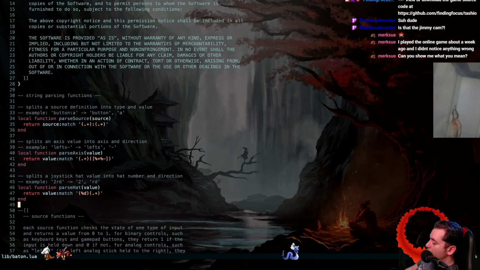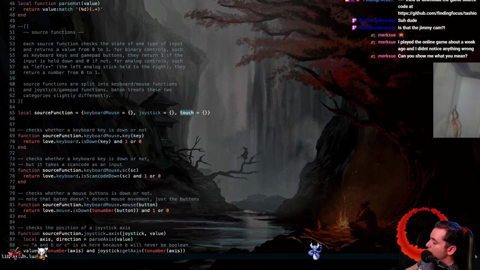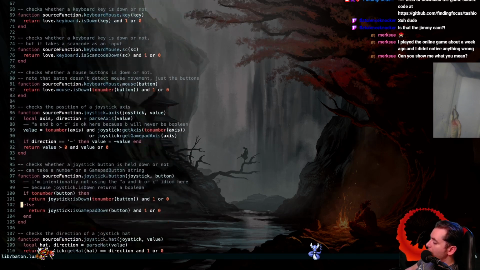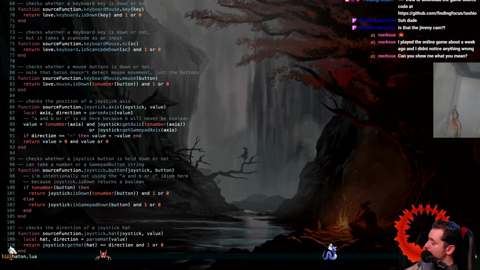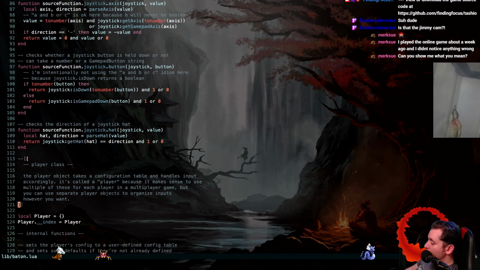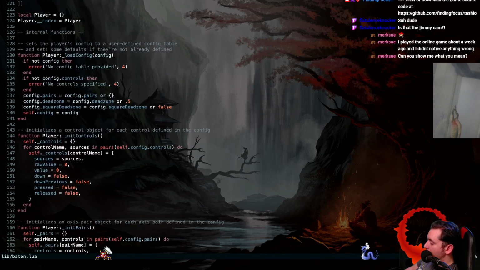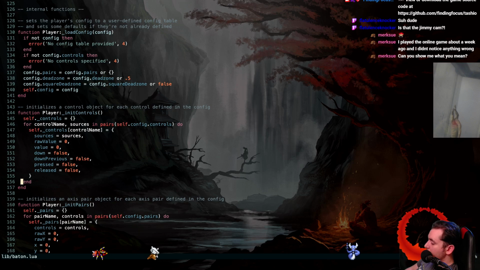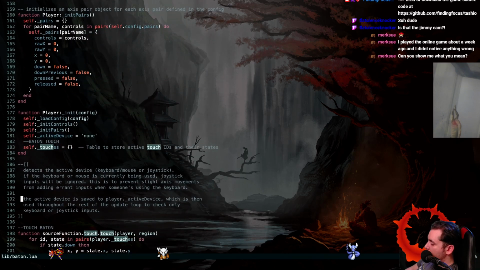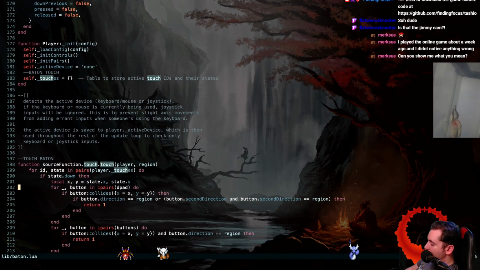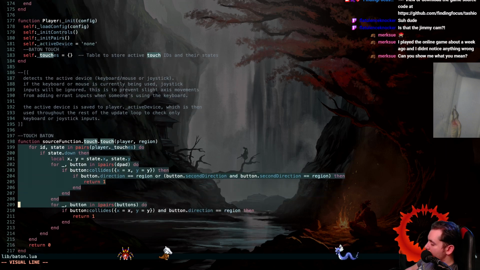So here's the Baton table, or library, and we modified the library to accept touches because it doesn't accept touches out of the box. So we had to go in and add this stuff, right here, anything with Baton touch. So we add in a touch table on this instance, and then we add this whole source function for a touch where